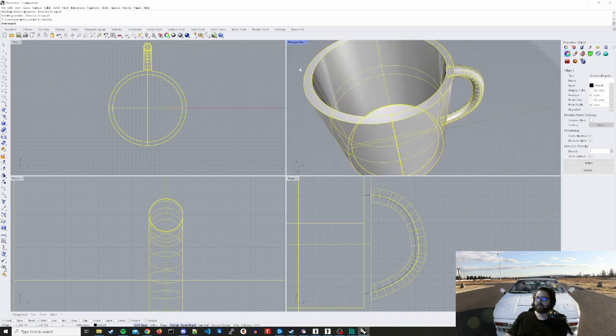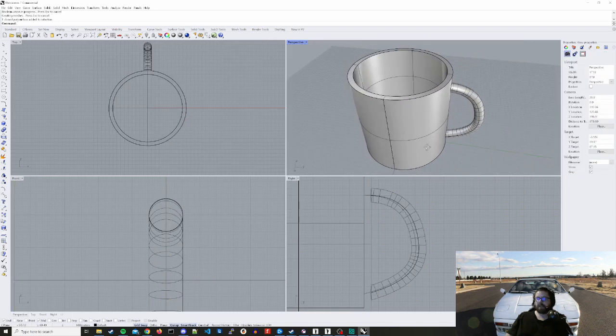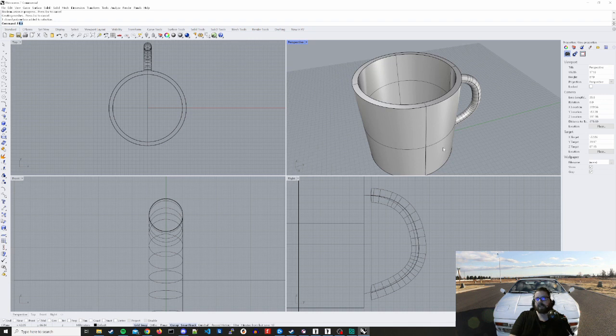Now if we don't want to have these harsh edges, there's another tool that we can use to clean this object up just a little bit. And it's fillet. And there's a couple of different fillet tools. If you are used to the old school Rhino, it was just fillet. And all you could do was fillet little pieces, and then you had to cut them, and then you had to trim. It was kind of a pain. Now we have this really nice tool called Edge. Edge will take a whole edge and it'll fillet the whole edge, which is really, really nice. It's kind of my preferred way to go. So we're going to choose fillet edge,